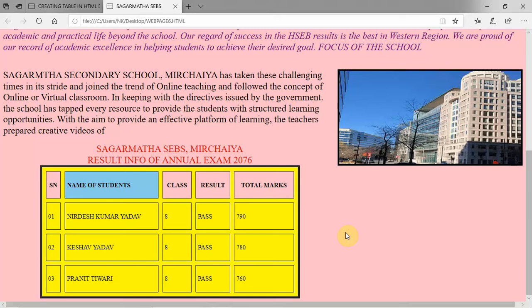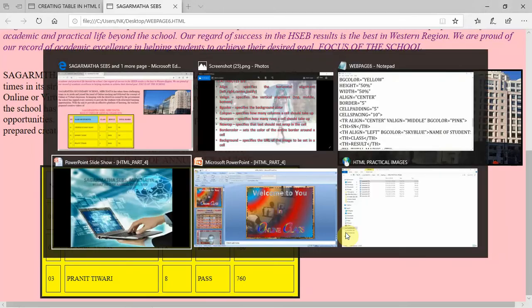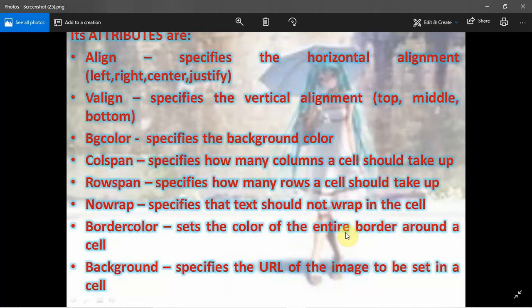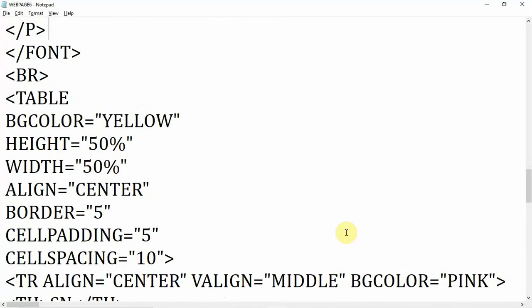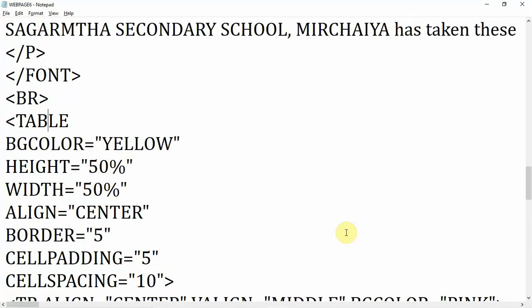Now I am going to tell you how to use these attributes inside the TD tag. So BG color, you understood. Col span also I want to tell you. For col span I want to insert one separate row.